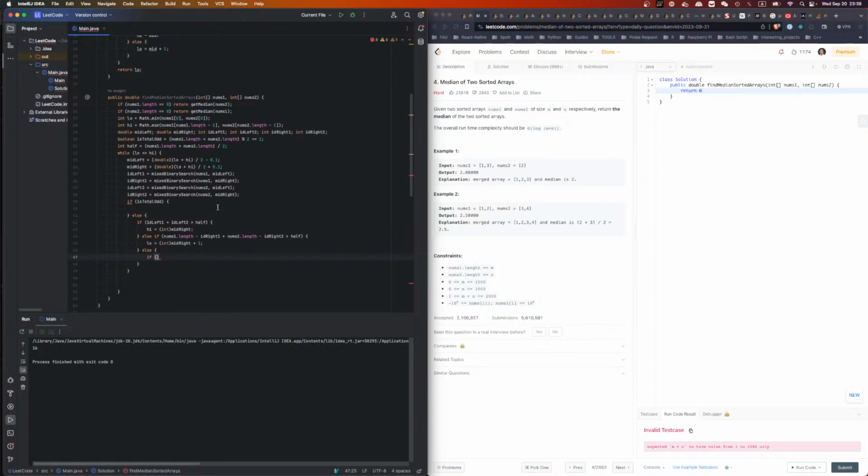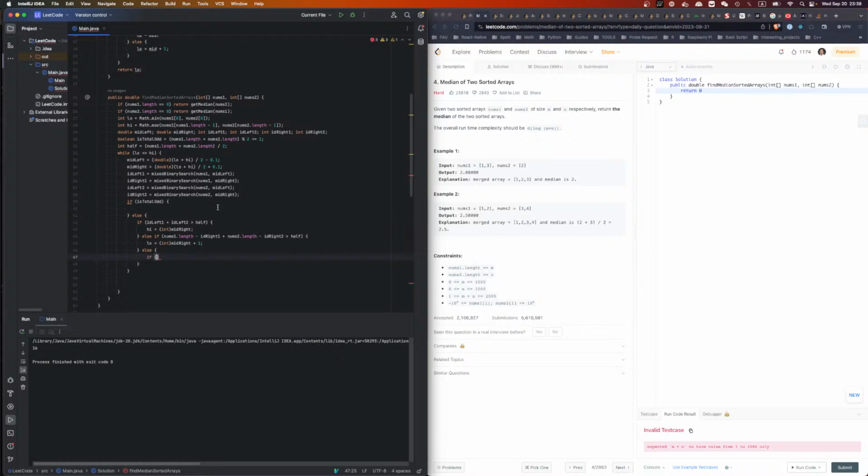Yeah, because there's nothing in the middle. If there's nothing in the middle, basically it's an integer that's missing. Then the answer shall be